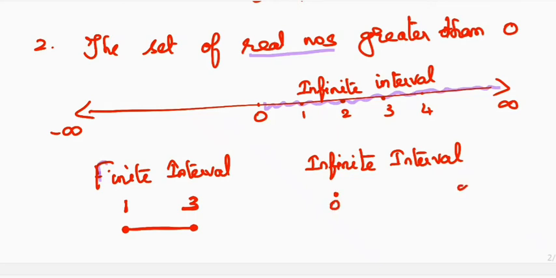But it goes on. So it represents the end. Infinity represents the end, but it goes on. What is it? Only one side you will have a finite number, the next side you don't have. So this kind of interval is called the infinite interval. We'll have the starting point, we know it, but the ending point we don't know. So this is called the ray.